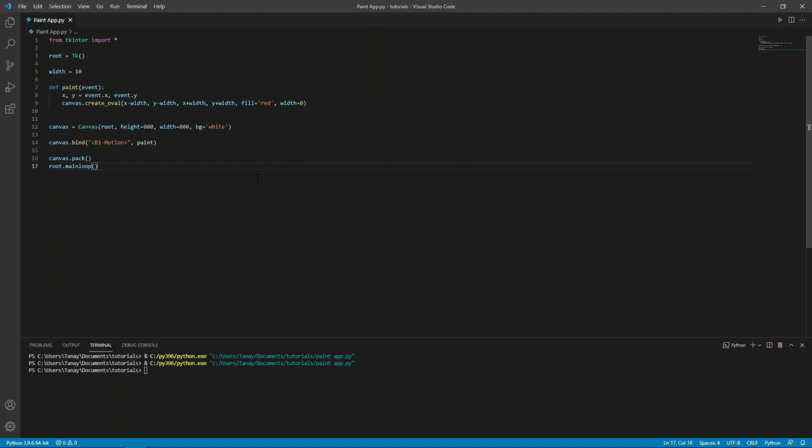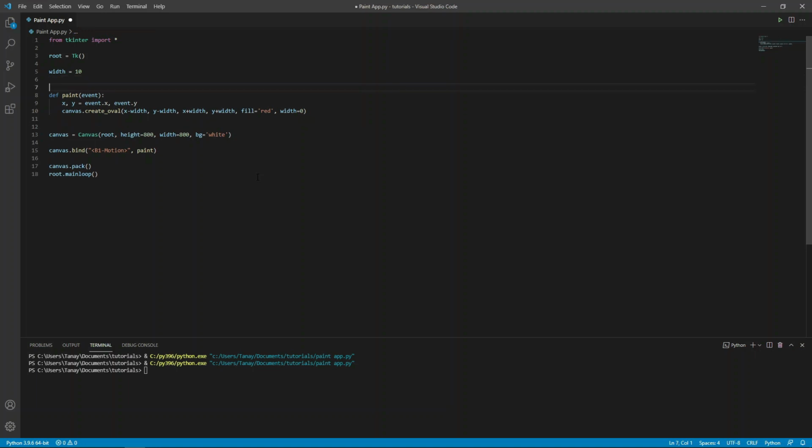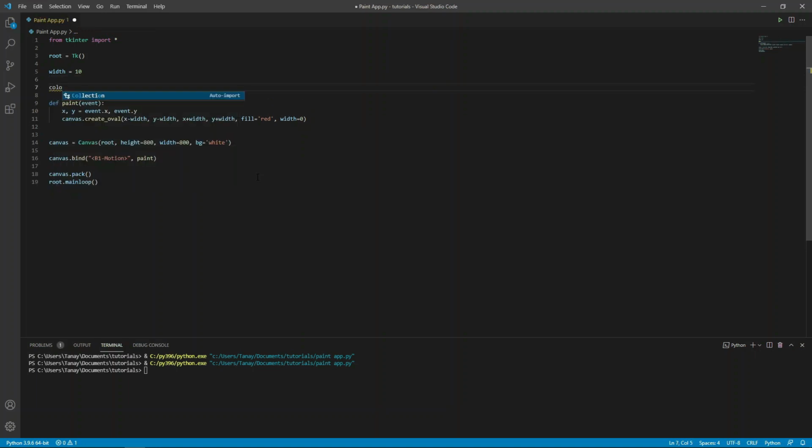To draw in different colors, we have to add a color palette so we can pick the colors and draw. First, let's define a variable color which will be black. Color equals to black. And this fill in create oval function should be the color that we have just defined. Color.